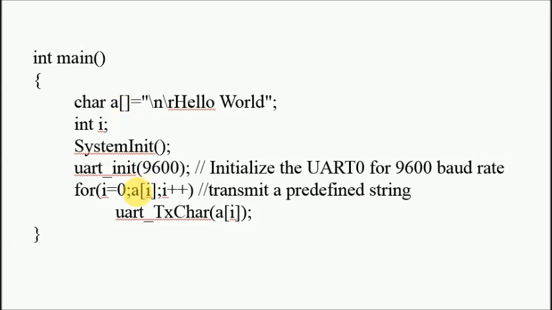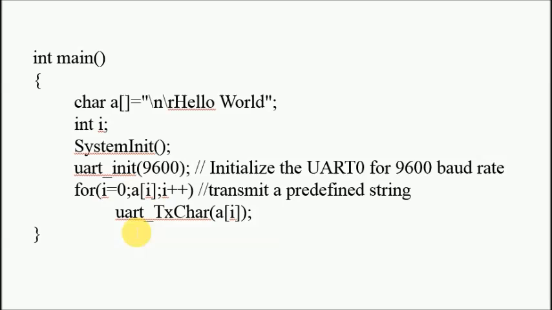So 8 bits are transmitted first. Suppose this is backslash n, that is the new line, which is transmitted first, then backslash r is transmitted the next time, then h is transmitted, the ASCII of h, then e is transmitted, l is transmitted. Likewise the space is transmitted, w is transmitted. So the characters are transmitted one by one.